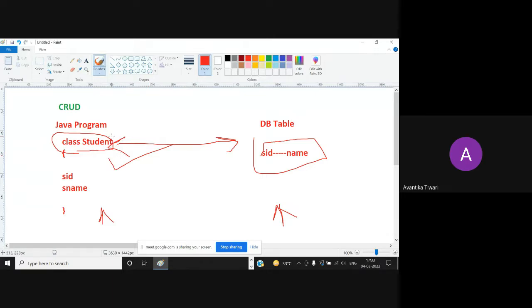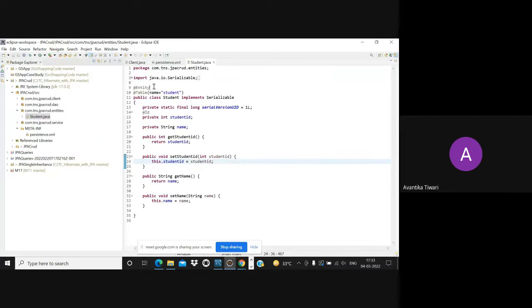My class Student should have some corresponding table in the database. That is the reason why I am making this class an entity class. Any class which you want to map to a database table will be declared as an entity.